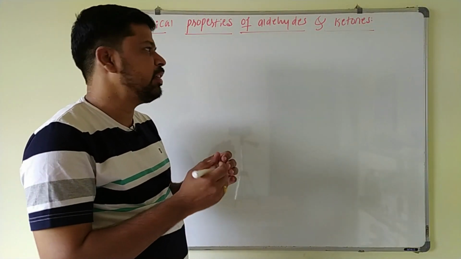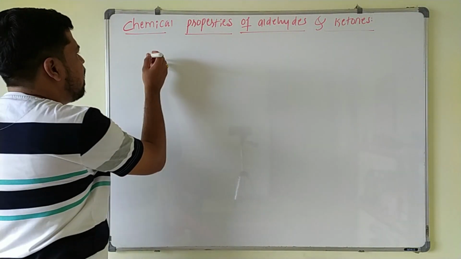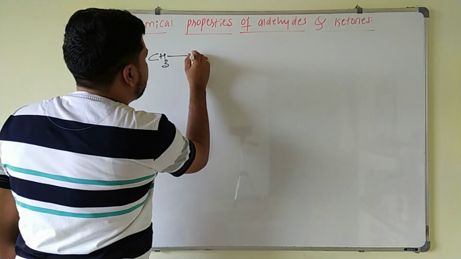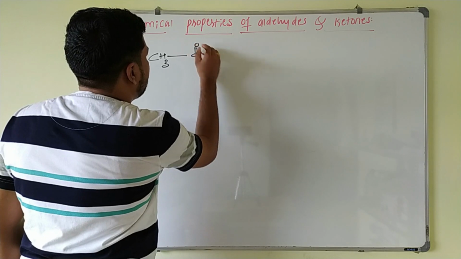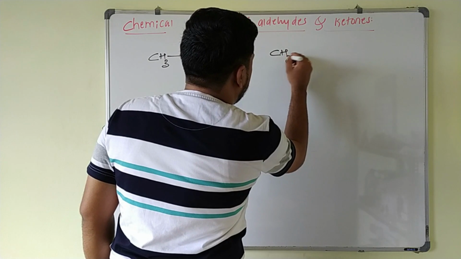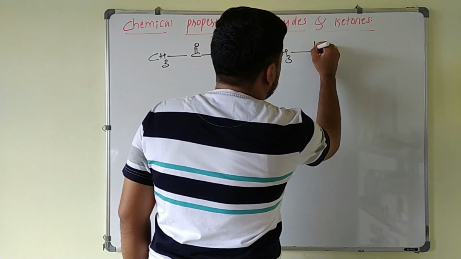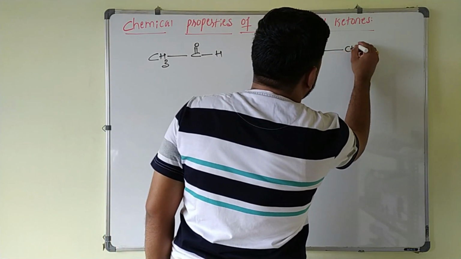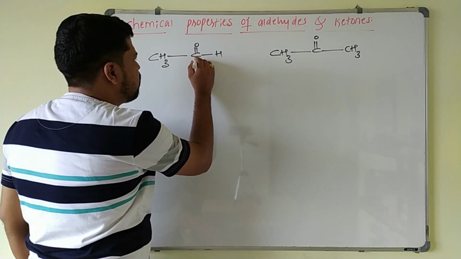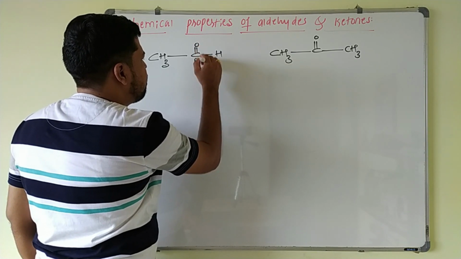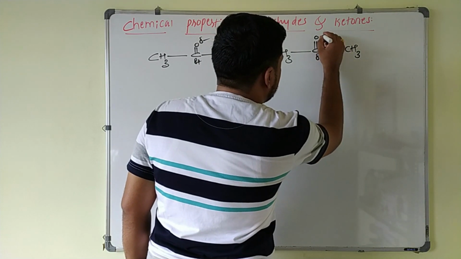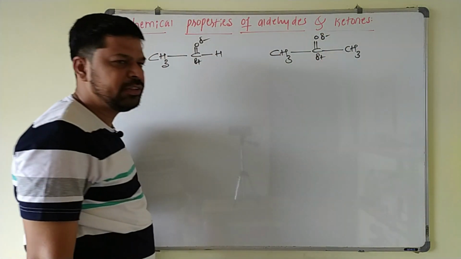So already we know that with respect to inductive effect, aldehydes are more reactive than what? Ketones. And another point which explains the reactivity of this aldehyde and ketone is steric effect. That is steric hindrance we call it as. That is, this will be your ketone in which two alkyl groups are present here. So nucleophile is supposed to attack this carbon having partial positive charge, and this is a partial positive charge on the carbon, and this is partial negative.